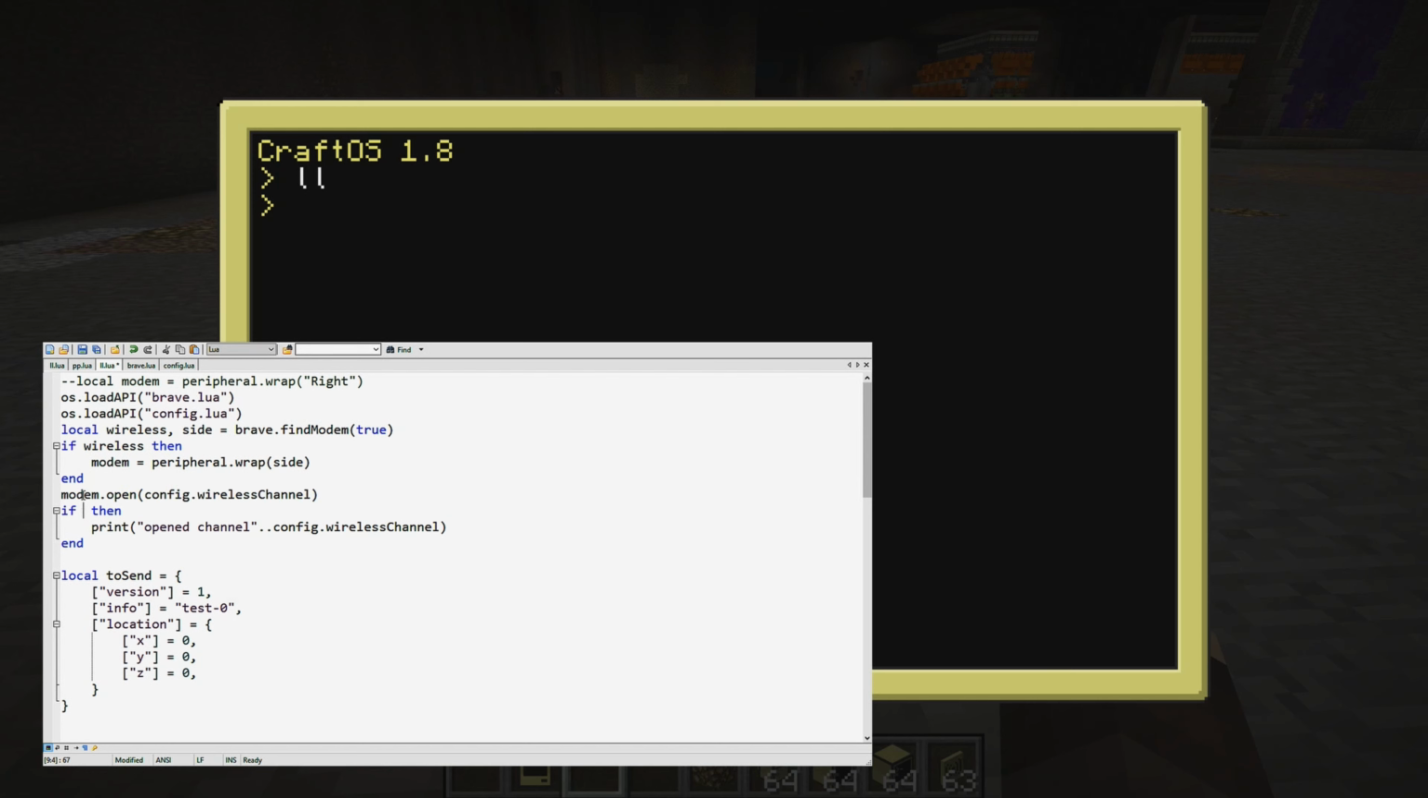If modem.isOpen, that's a thing. I think we need to specify the channel. It wants to check. Yeah, this will make it a bit neater. It's just for testing purposes, so it's not the end of the world if this doesn't look great. So that opens the channel. And let's see if